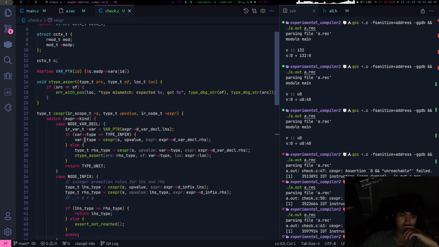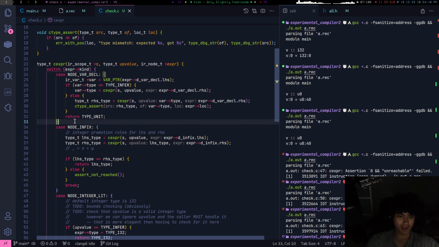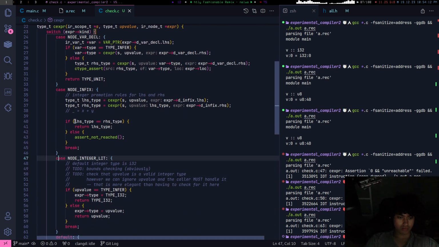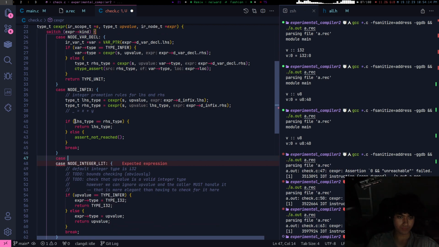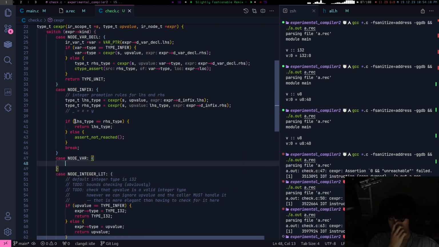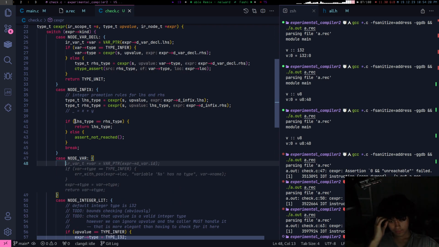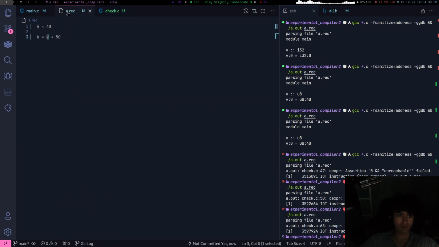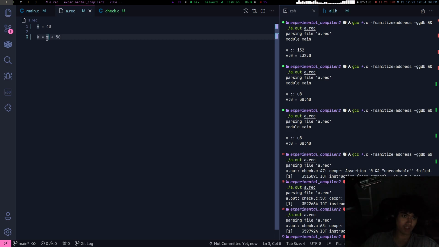We'll implement variables now. We need to implement variables. Case node var. Now all variables will be declared before they're used. So when we get to here, we already know the type of v.